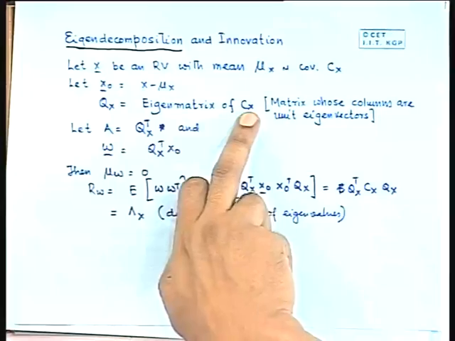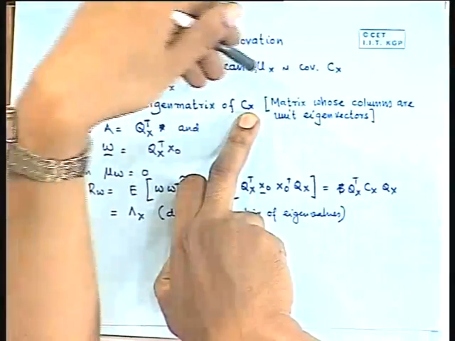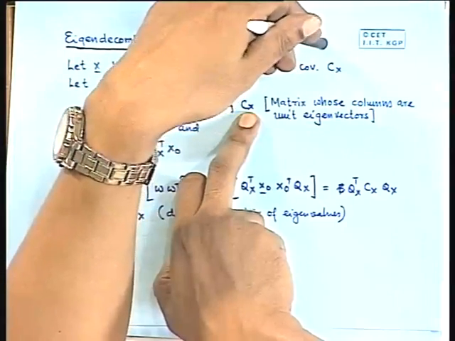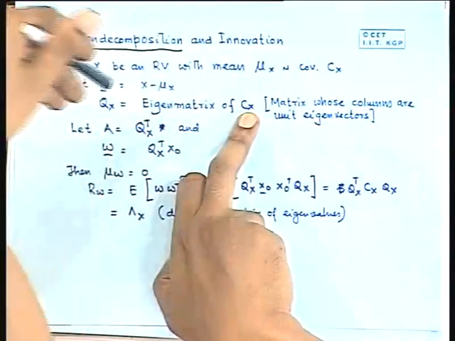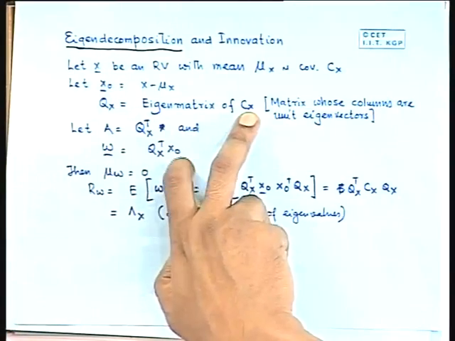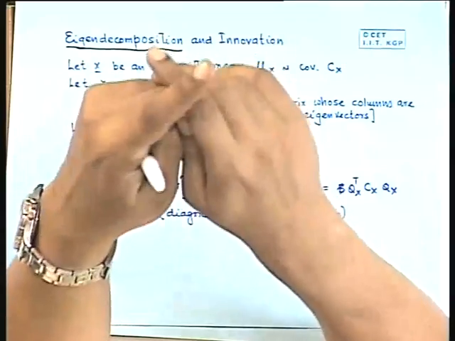Now, Cx is like my Rx. I just use the term C because I assumed X with a non-zero mean, so I should say covariance rather than correlation. But Cx is nothing but correlation of X naught. Same thing. So that is my Rx that I considered. Now I can find out the eigenvalues and the eigenvectors of Rx,